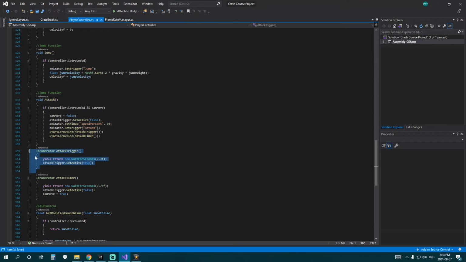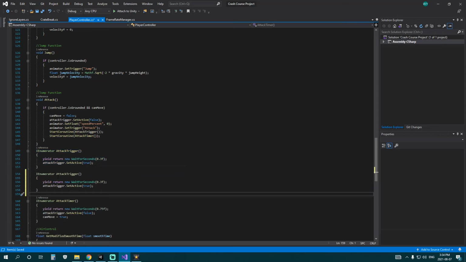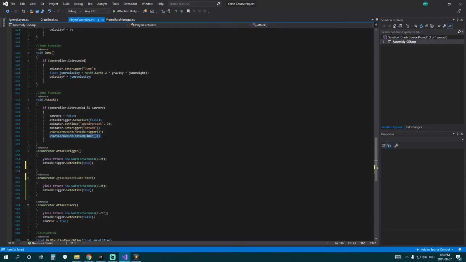So we'll go copy this, call this attack deactivate. Okay. Now we could call it up here and just have this slightly beyond this one, or we could call it right here. And double click in Visual Studio to highlight the full function without the parentheses there. All right, I think that'll work, and we can just do